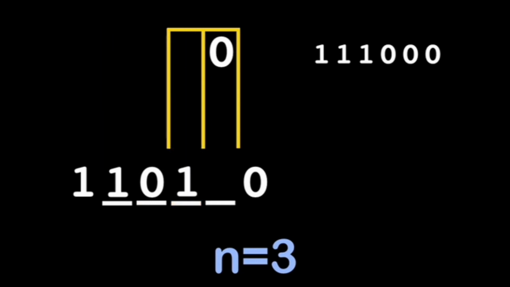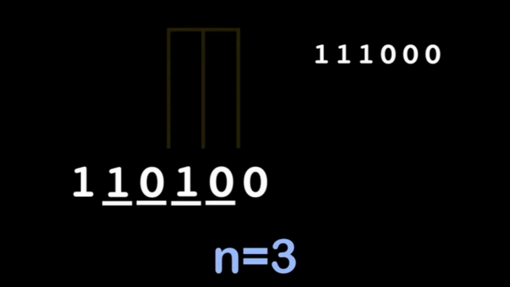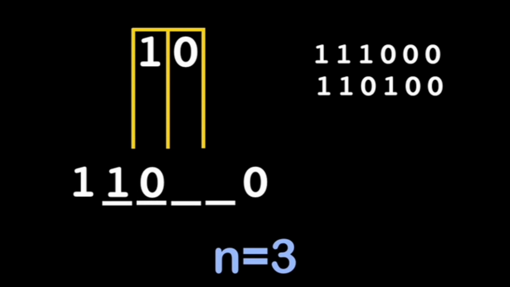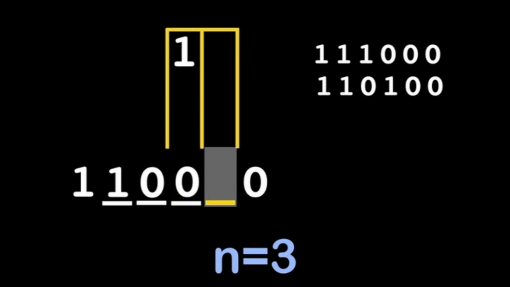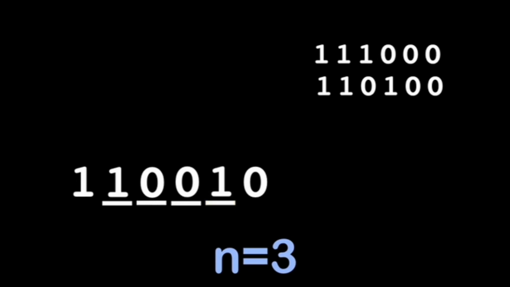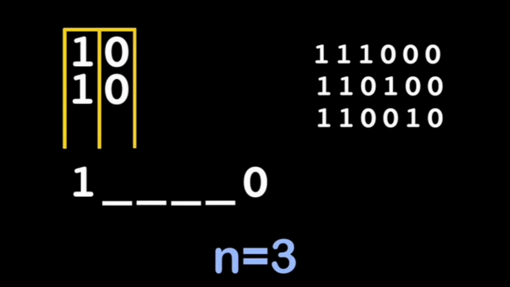If we put a 1 in the fourth position, we again have used up all our ones, and a 0 would go in the fifth position. So 110100 is the next valid string. If instead we chose another 0 in the fourth position, we would have used up all 3 zeros, and the fifth position can only be a 1, making our next valid string 110010. Now to see our remaining options, let's go all the way back to the second position and change it